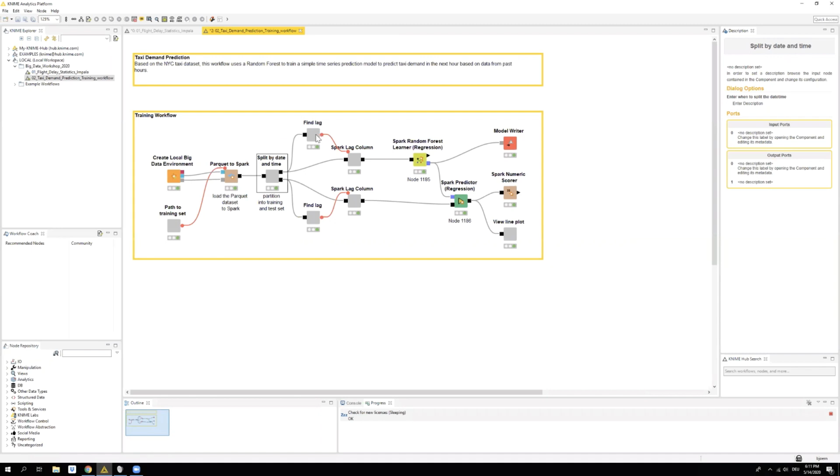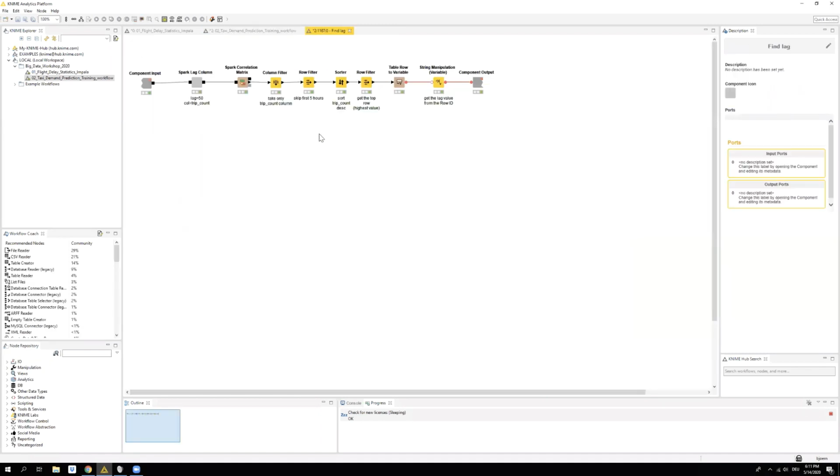Then what the workflow does is, since it's time series data which has a certain seasonality, the demand for taxis in New York varies over the days of the week. This piece of the workflow tries to find a suitable lag.